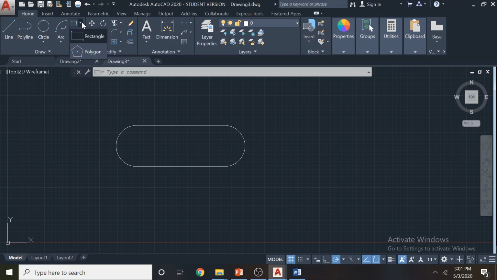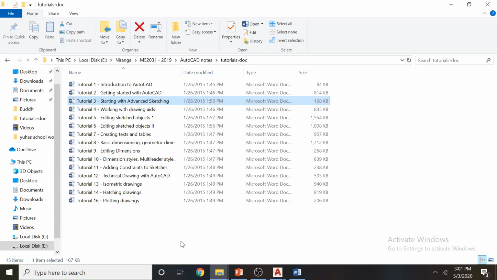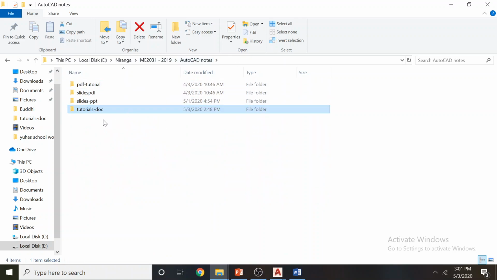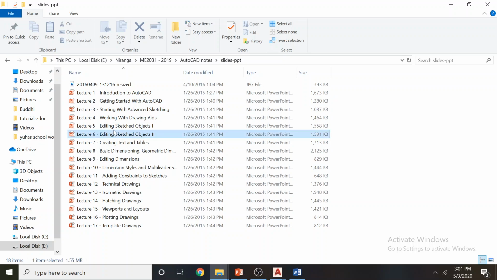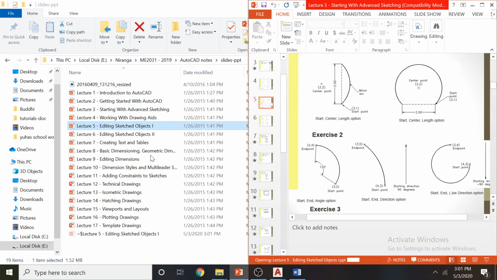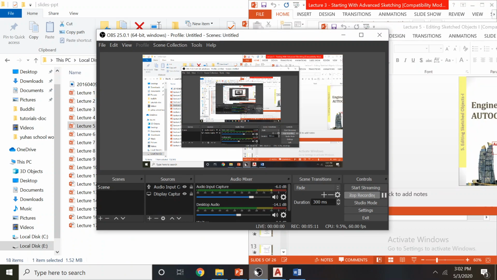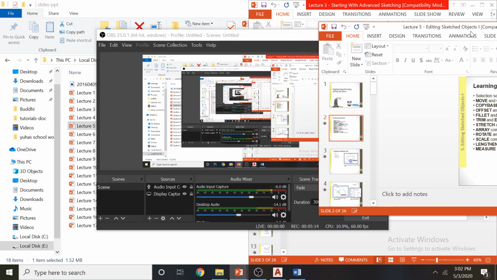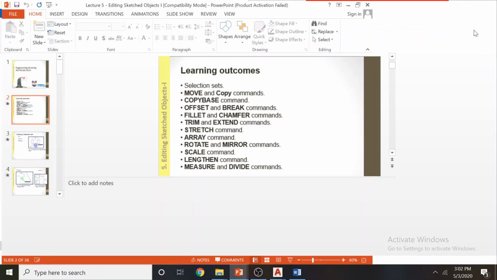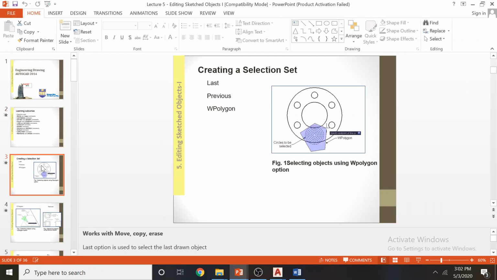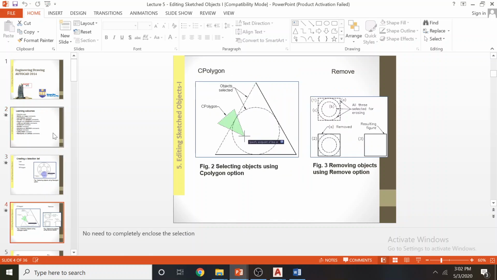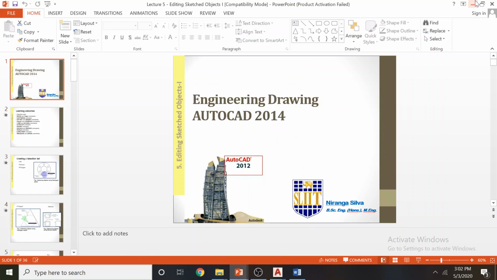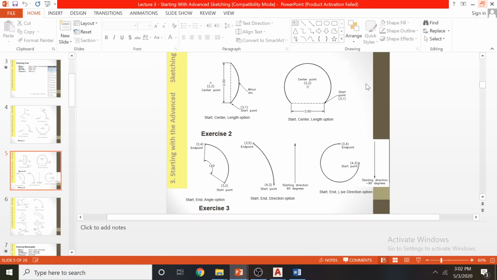First, the polygon tool. If you check our chapter number 3,